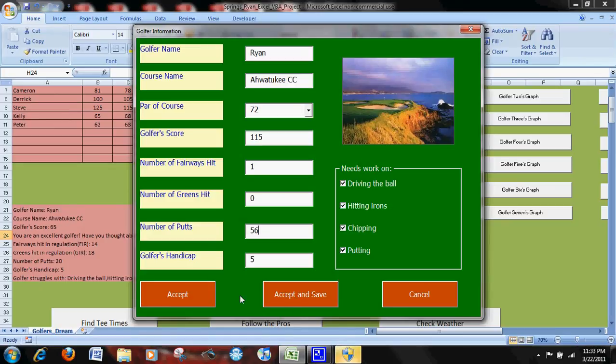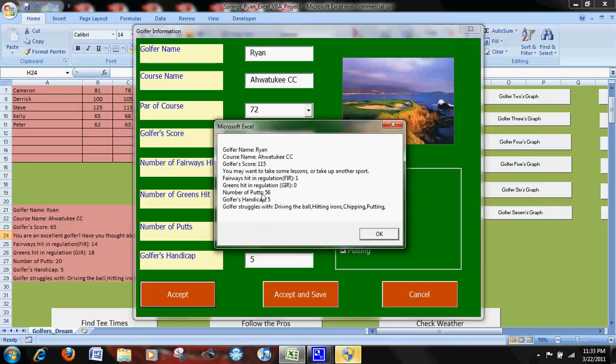Once again, you hit accept. This time, though, instead of saying you're an excellent golfer, have you considered playing professionally, which I wish I could, it says you may want to take some lessons or take up another sport. Kind of harsh, but I would definitely pick taking the lessons, because